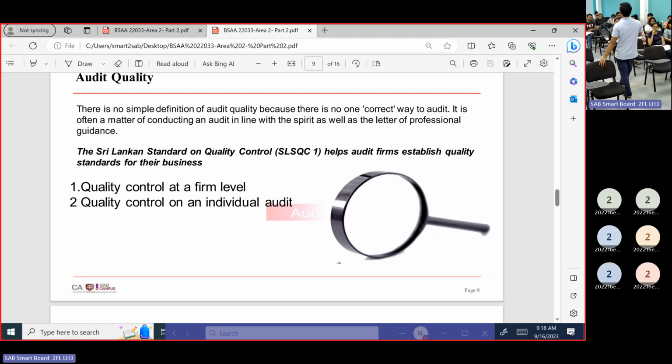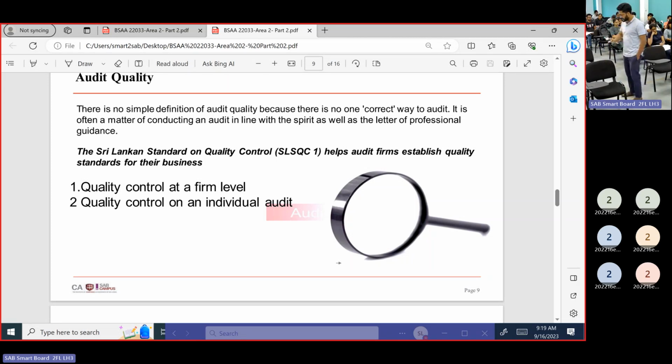For that we have to have proper protocols. After archiving a file, as audit manager, we can retrieve it for review purposes. Otherwise, we can't amend. If we want to make amendments, there should be a very complex approval process. Those protocols should be there. Otherwise, if someone can amend a file any time after the audit is uploaded, there's no point. Right? So those are firm level audit quality steps we can take.